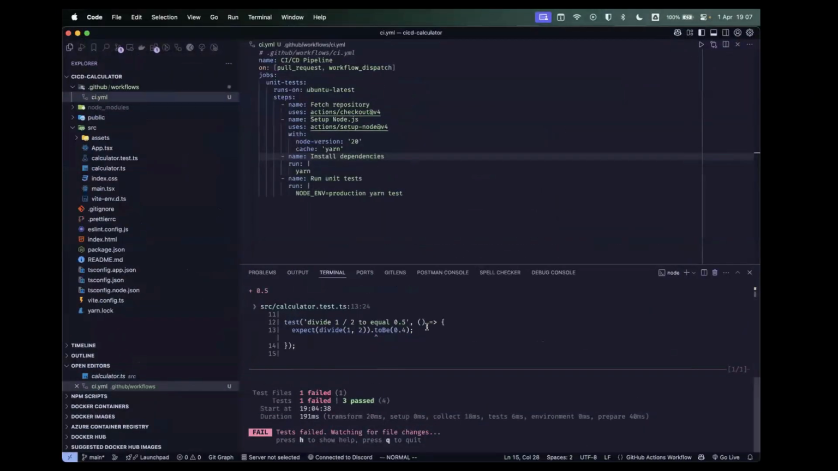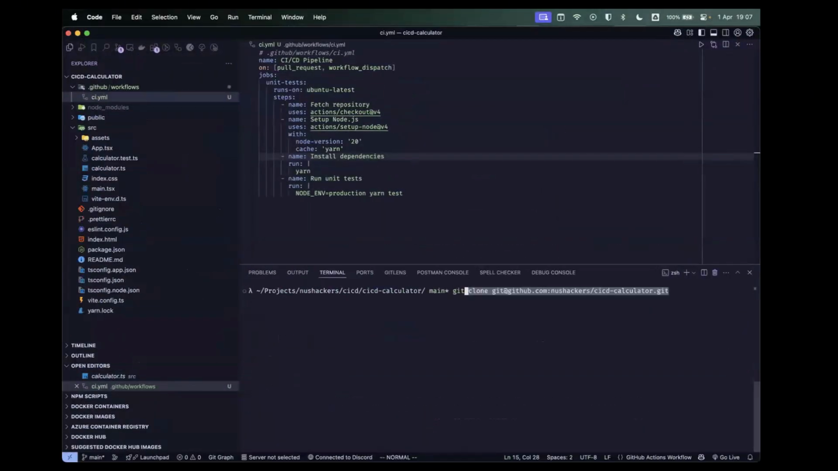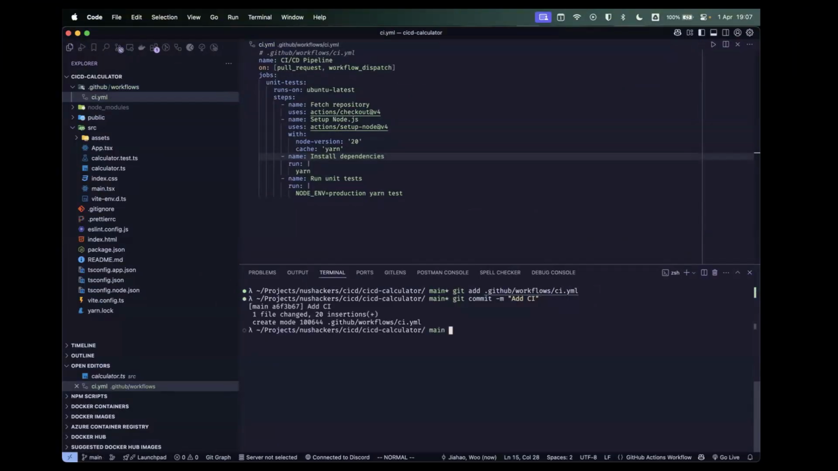So basically, what we want to do is a git add for workflows ci.yaml, right? After you've added it already, we want to run git commit. We want to specify the value of add ci, right? It doesn't really matter what message you specify. This is just for the sake of demonstration. And then after that, you want to push it,